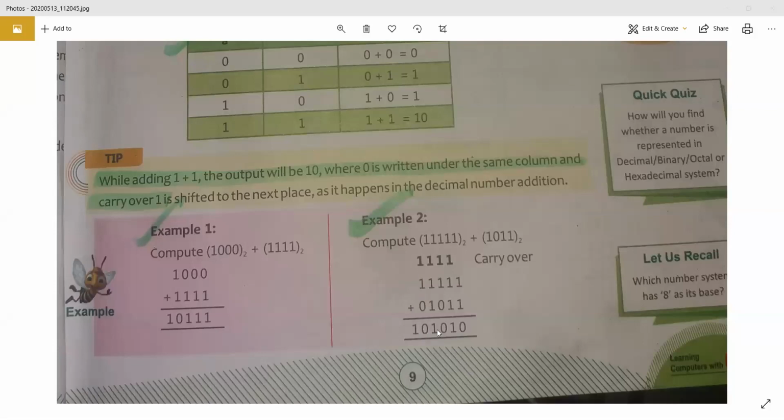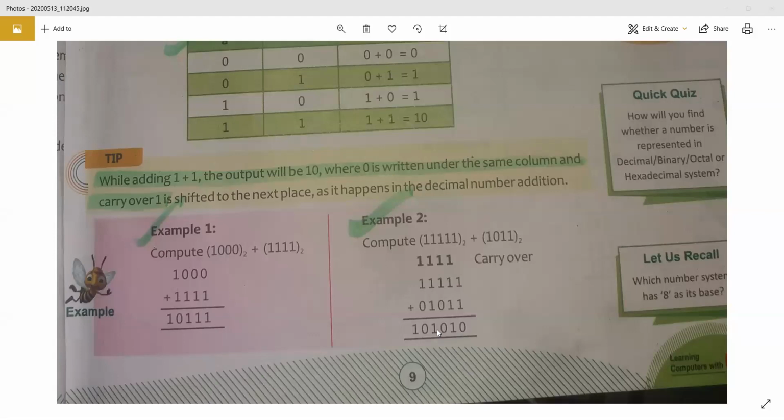As soon as you see a pair of 1 vertically, you have to carry forward 1 carry, no matter how many ones are remaining in the series. Even if you have 4 ones in one series, like you have 4 times 1, then only 1 carry will go as a common. You will not increase the number of carries. Carry will go one only, and then the answer will be 0. For 4 times ones, you will always have answer 0 and one carry will go.